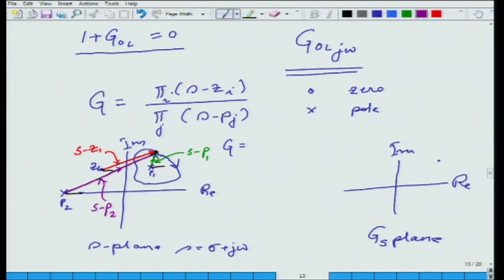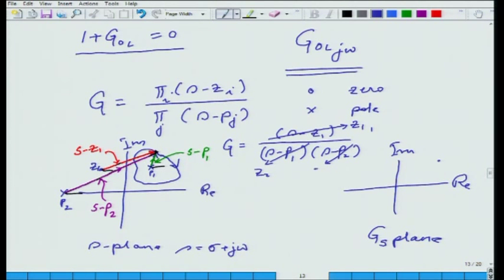All right. Then the complex number G will turn out to be, of course, S minus Z1 divided by S minus P1 into S minus P2. Now, this would be a complex number with a magnitude. Let me call this complex number Z1, let me call this complex number Z2, and let me call this complex number Z3. So in that case G will turn out to be